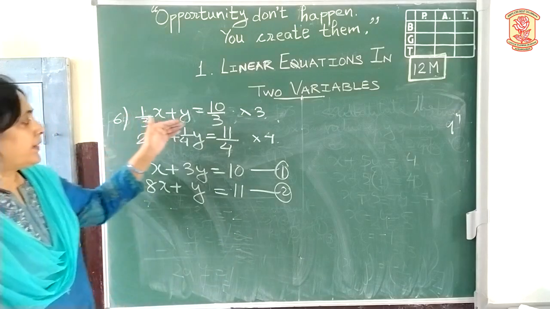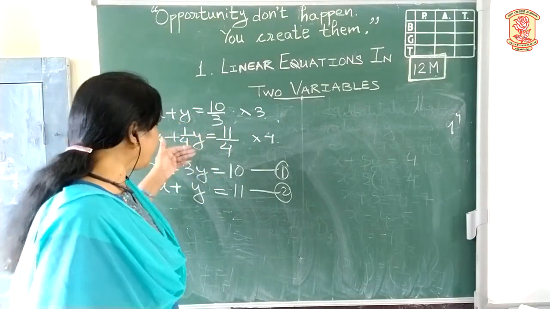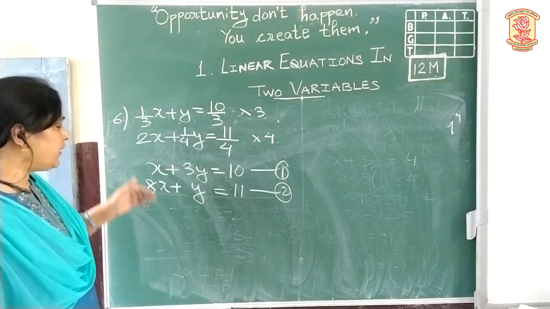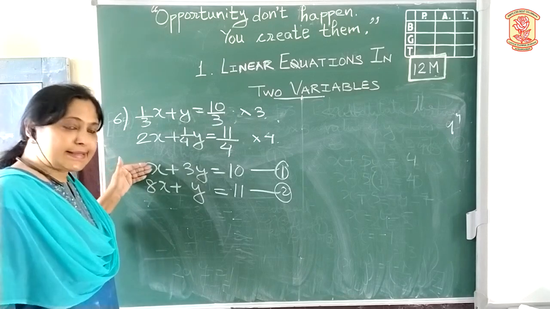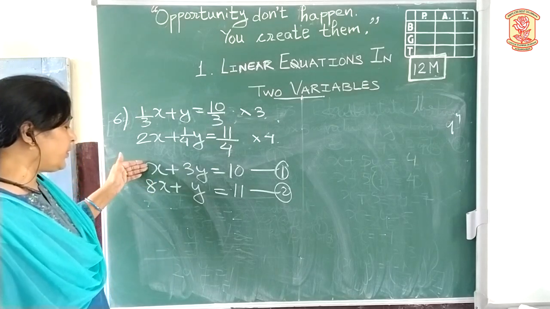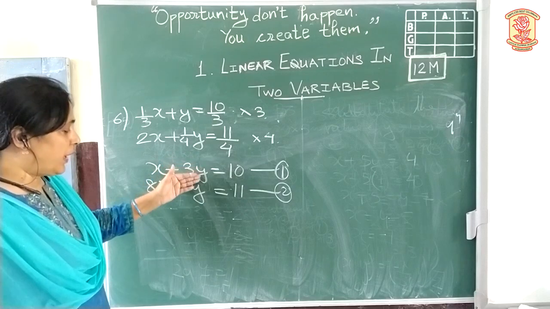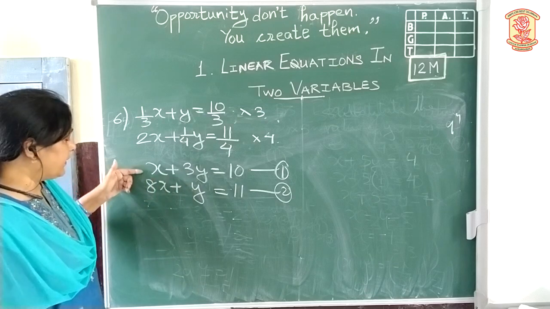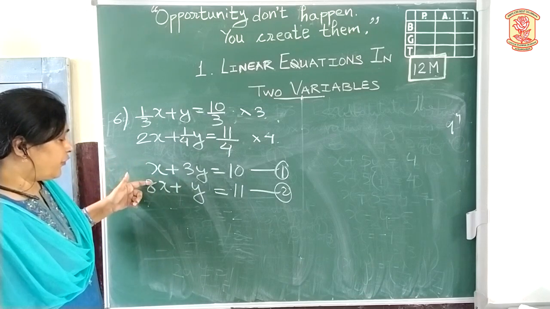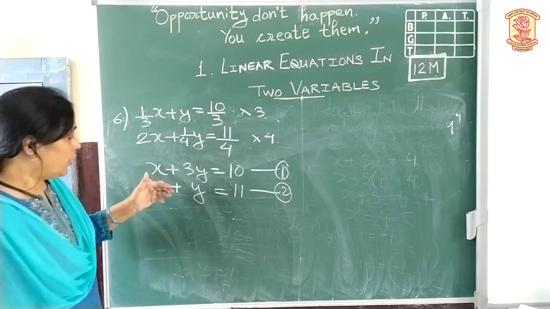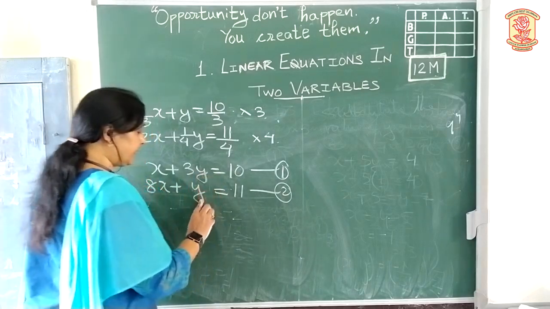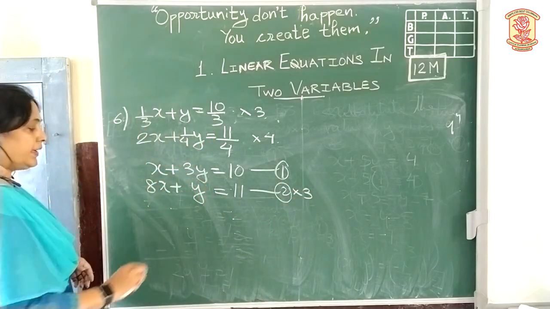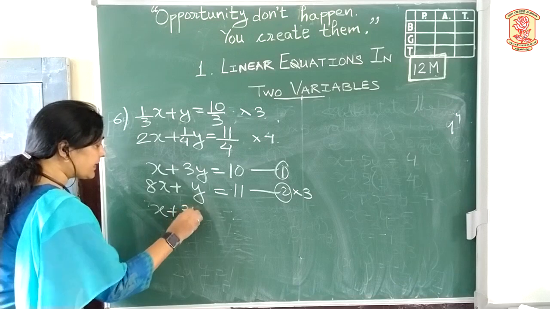Now you can see that the equations have become simpler and we can solve it the way we have solved the previous one. So either you can equalize x. If you have to equalize x, we'll have to multiply the first equation by 8, and if you are going to equalize y, we'll have to multiply the second equation by 3. That is, here we need the same coefficient for x or for y. So here we'll prefer equalizing the coefficient of the variable y. So we multiply equation 2 by 3. That means the first one remains as it is.